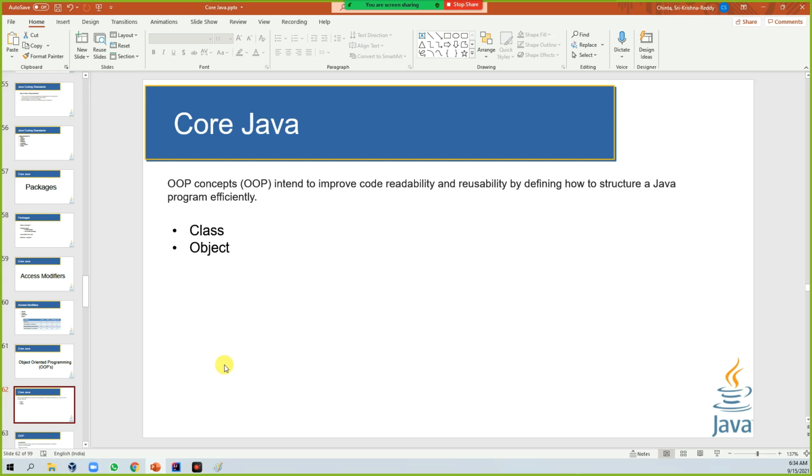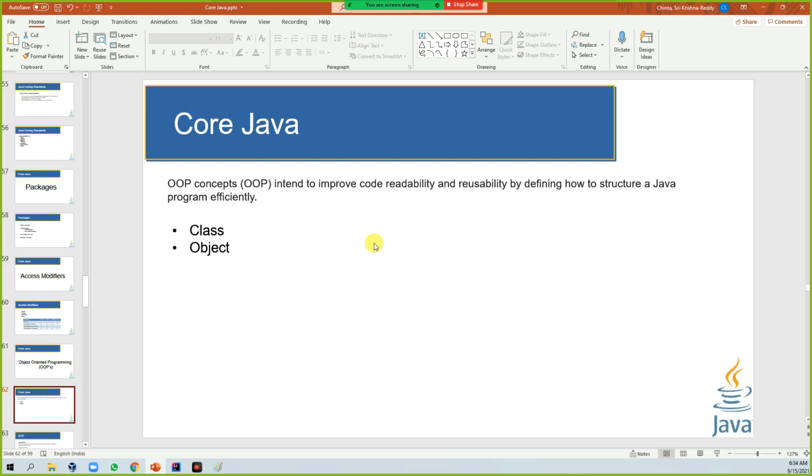So what you need to do is first check whether the same kind of logic is already written anywhere in your project. If it is, or if someone has written it, you can simply reuse it. Then your effort will be reduced, your lines of code will be fewer, and at the same time your programming maintainability will also be good. Your code will be non-redundant. These are the different advantages we get when we use object oriented programming.